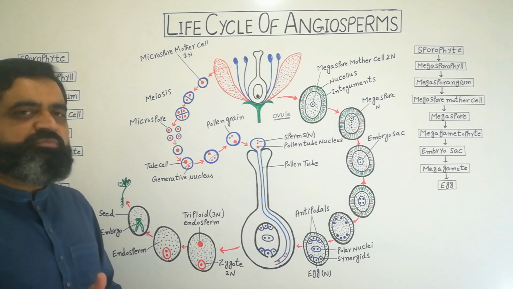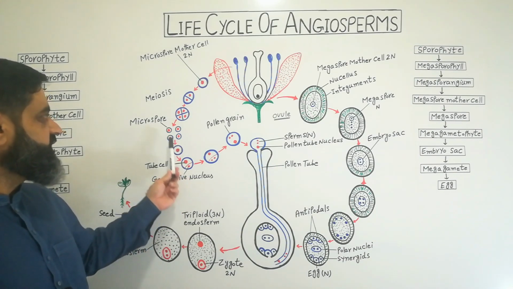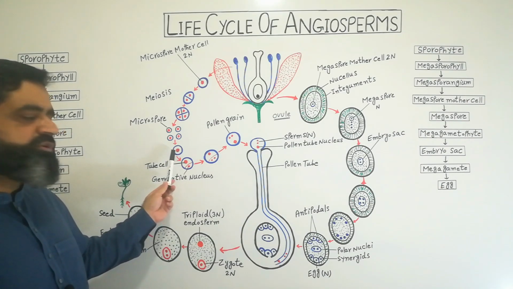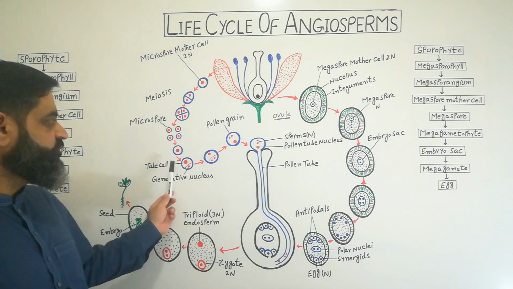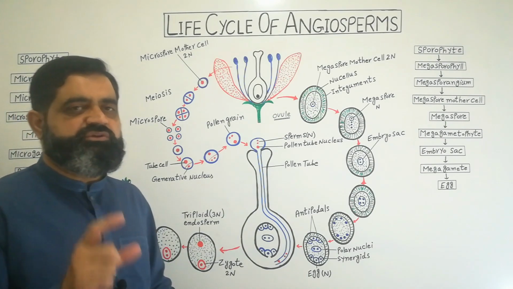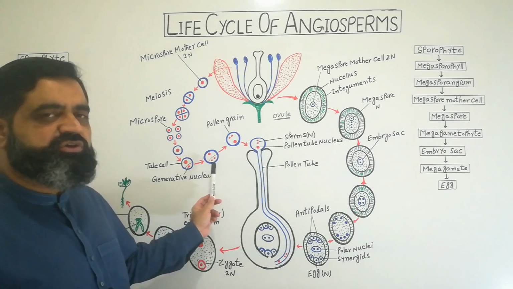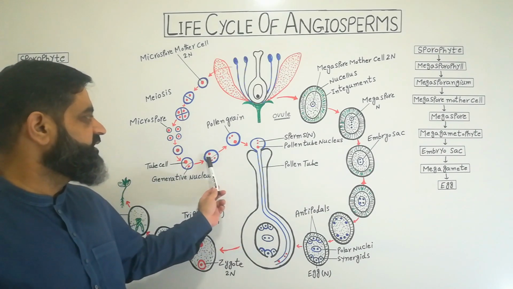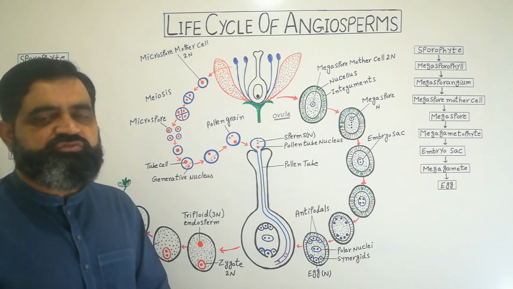All the microspores undergo mitosis again. I am going to take the example of one microspore. One microspore undergoes mitosis. It produces 2 cells which are haploid. One cell is known as the tube cell, while the other cell is known as the generative nucleus. Tube cell does not divide further, while the generative nucleus will divide by mitosis one more time. It will produce 2 cells. Now these 2 cells will change into gametes, sperms, while the tube nucleus will remain. This whole structure is known as pollen grain. This is also known as the male gametophyte.